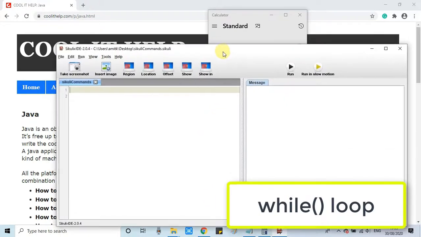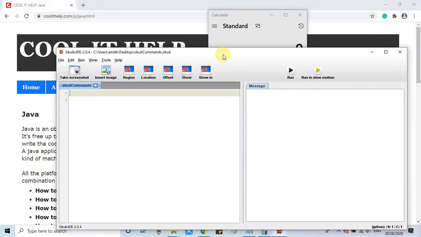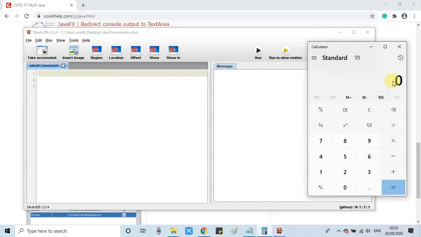I will show you one case in which I will type until and unless we get 8 numbers. That means we will stop our while loop when we have typed any number 8 times.